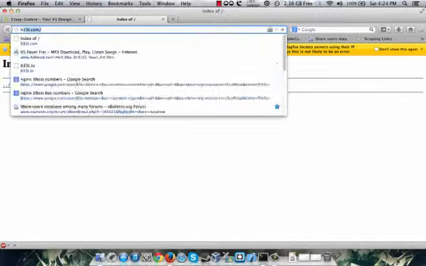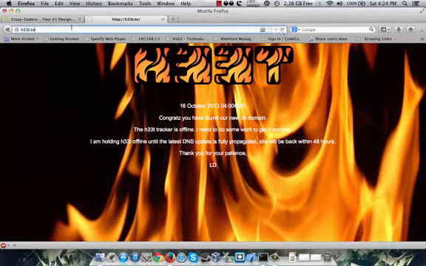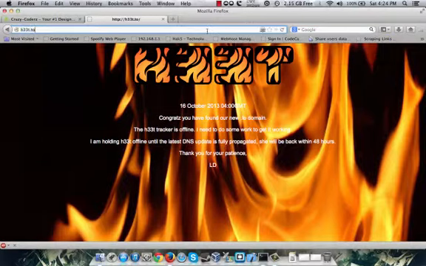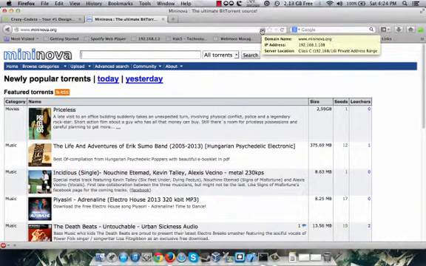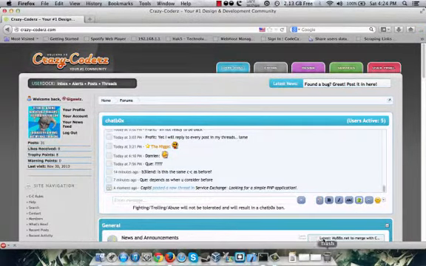Now if we go to one like heat.to, passes us right through. Now if you look here again, heat.to, 192.168.1.108. And the last one we're going to do is Mininova because they force www redirection, which was a problem in the first version of this because it would end up causing a loop. So just to show you, mininova.org, proxy pass right through. If we highlight it, www.mininova.org, 192.168.1.108. That is literally it.